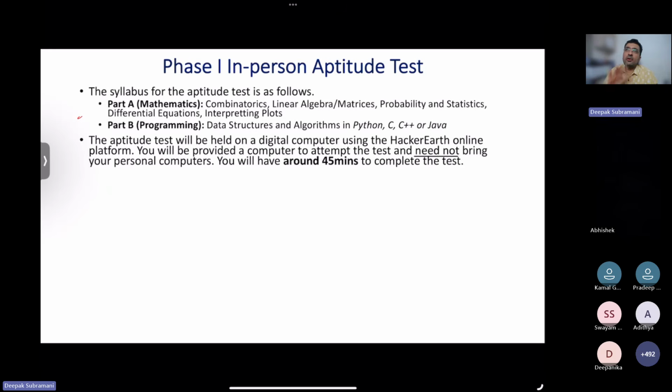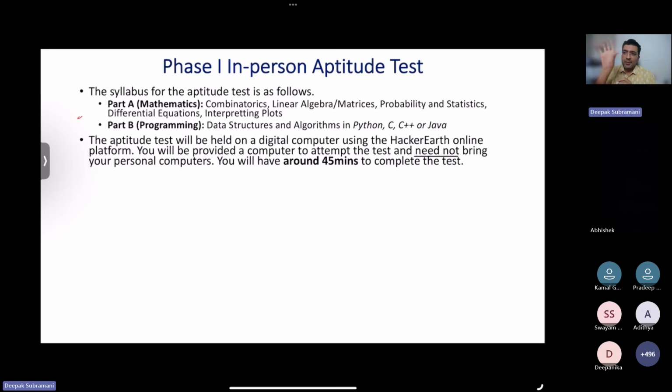So don't worry that, oh, I have not done a course in DSA, data structures and algorithms. I don't know what first in, first out is. I don't know how to sort a reverse linked list. If you choose to work in labs that do not require the ECS background, you are not required to answer those questions. So you can choose 2 questions that you are comfortable with in this part B programming, which has four questions.